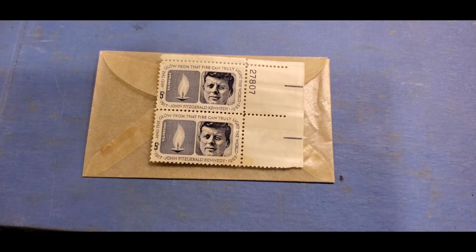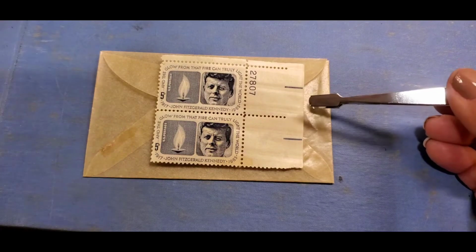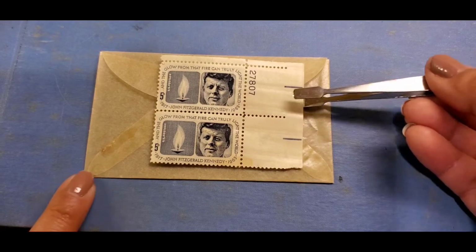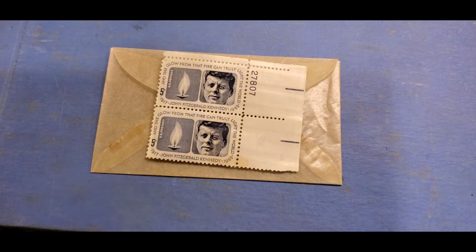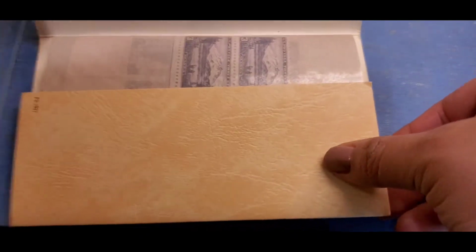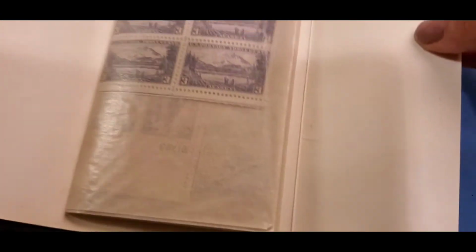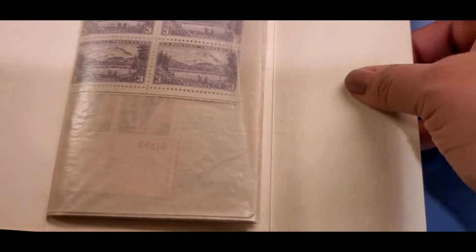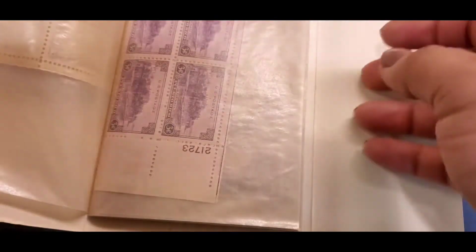Today I'm going to be sharing something a little bit different with you guys. This is my son's stamp collection. He's looking at getting some appraisal and prices so that he can list this collection for sale. I was hoping maybe you guys can give us an idea of where to go or how to post this stuff, or maybe even where to sell it, or if it's really worth as much as we think it is. I don't know, but here are some examples of some of the stamps that are in this